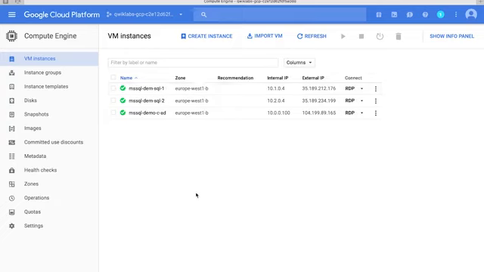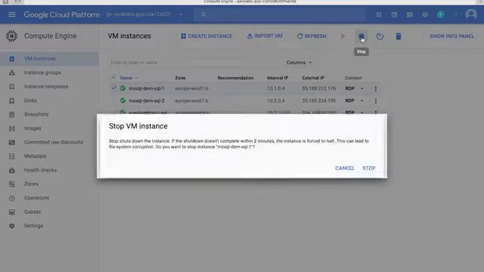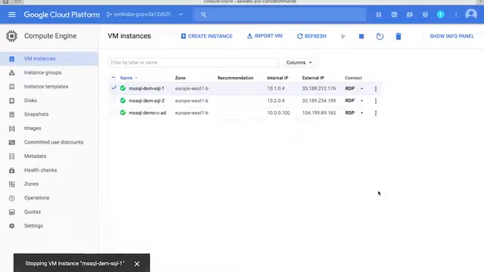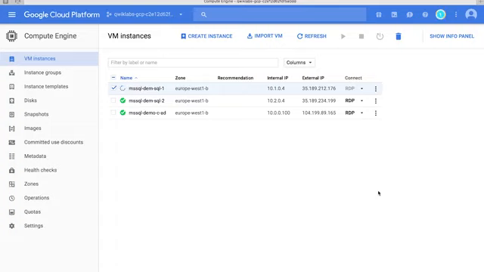So here I am back in the Cloud Console. This is our primary machine, so we'll select this and then just stop it. When this machine stops, then obviously it can't be the primary anymore. We should be able to return back to our client machine, and typically we'll see failover with the network configuration that's been set up as part of this solution within around 15 seconds, so it's incredibly quick.